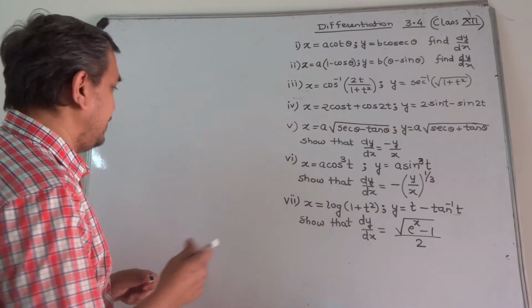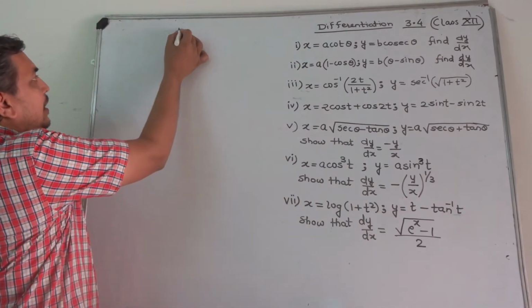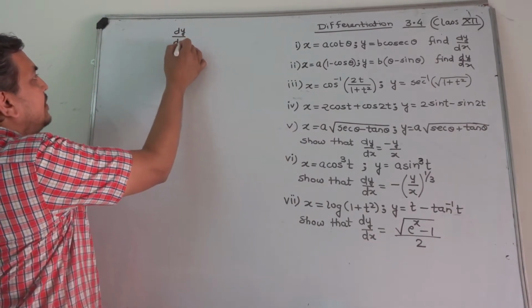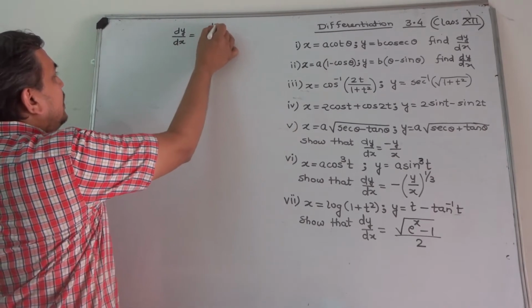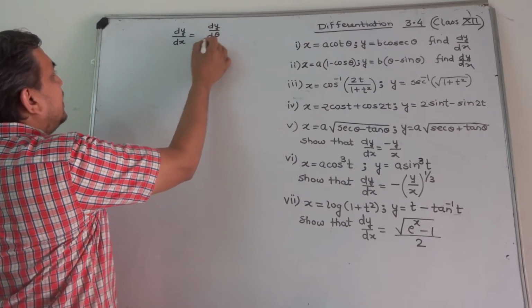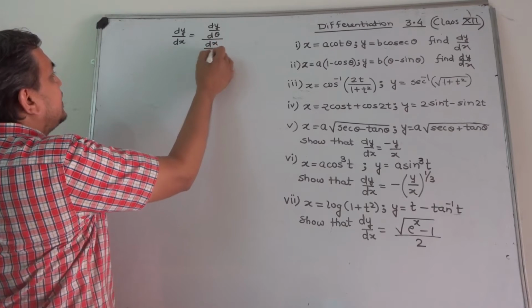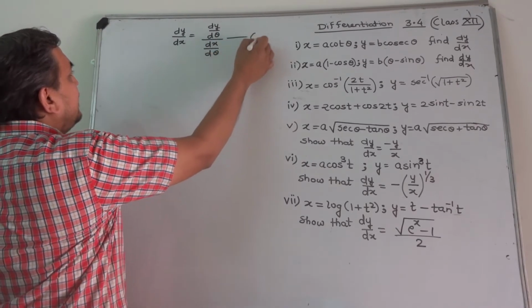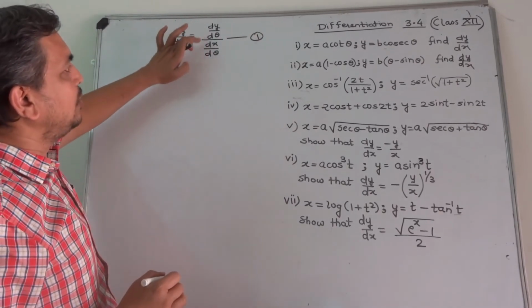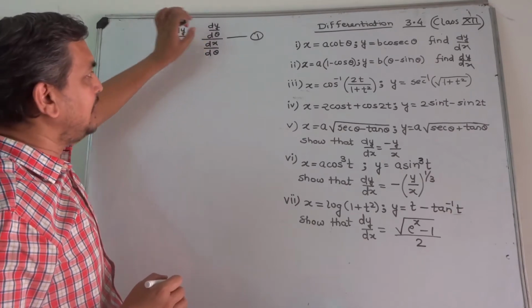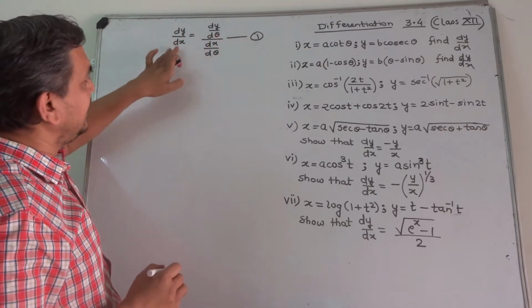For these problems we need the formula dy by dx equal to dy by d theta upon dx by d theta, number 1. So we have to find these two derivatives and then substitute them in this equation 1